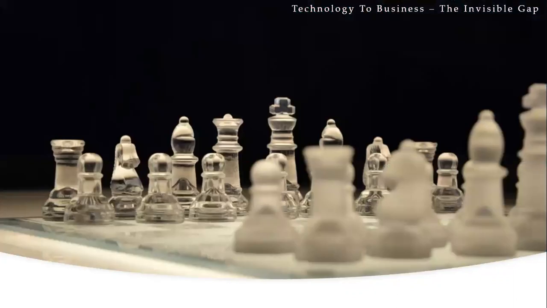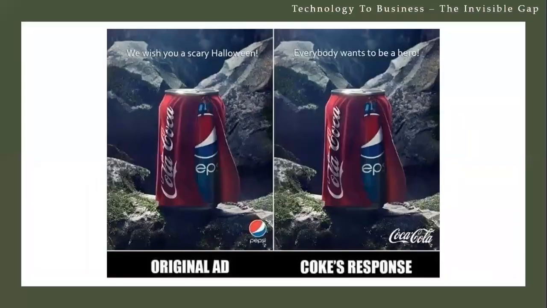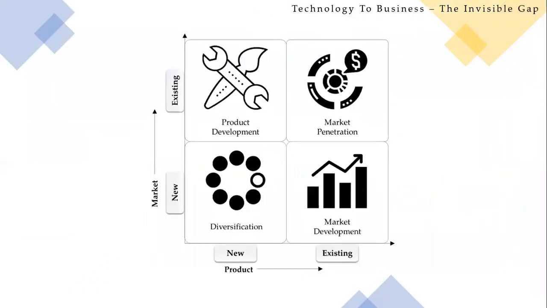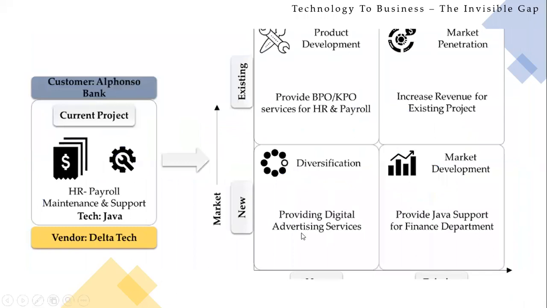And ultimately what matters is, let's go back to one aspect. Let me quickly talk about one aspect which I told you I'll come back to. So in any scenario, let's look at this. You are working on a particular project, doing maintenance and support for a particular customer, this bank. This vendor is doing maintenance and support.